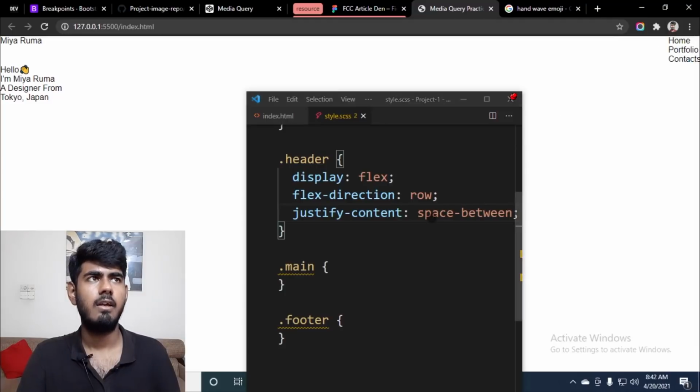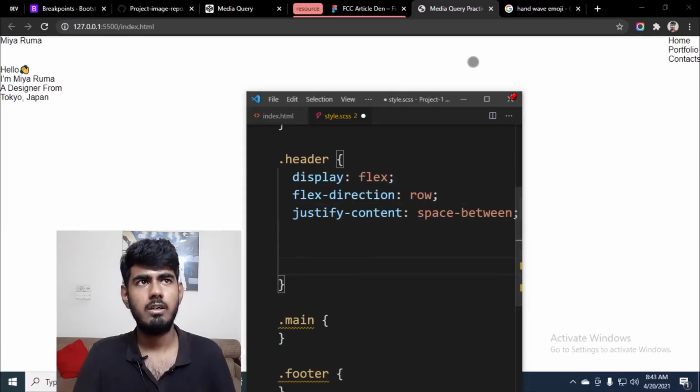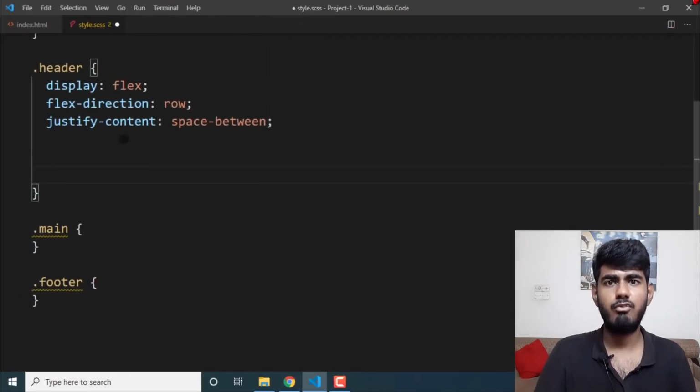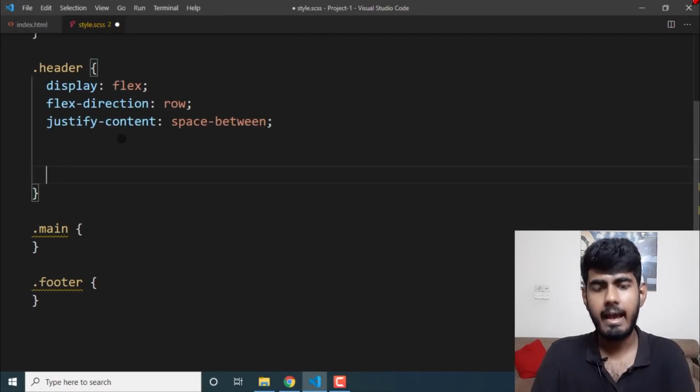Okay, and now we also want our menu items to behave like a row instead of behaving like a column. In order to do that, if you can recall, the menu items are inside the header. Which was that? So come over here, let me maximize it to show you how to write the selector for the logo and the menu items. To do that, &--logo. Okay,